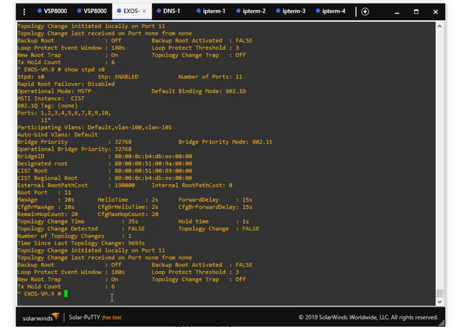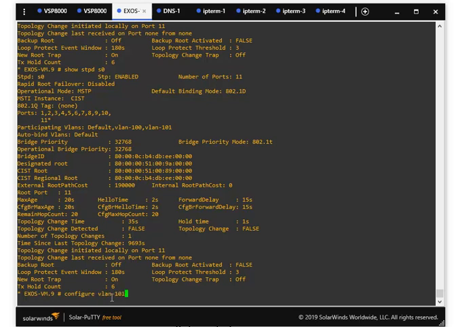If we don't do this and we add a port to a VLAN, it may be removed from spanning tree altogether and lose the protection of spanning tree and any features of spanning tree that you want to enable on the port. For example, if we do configure